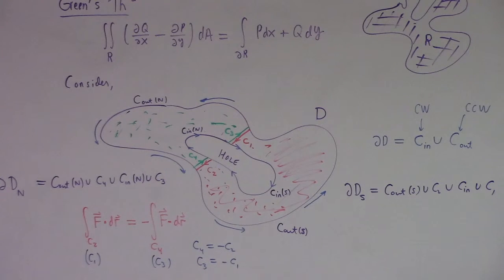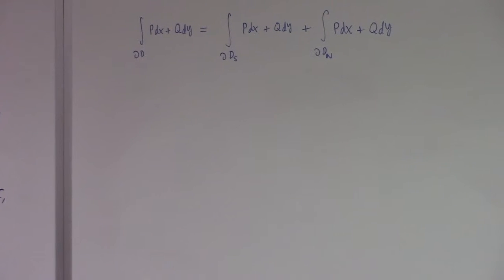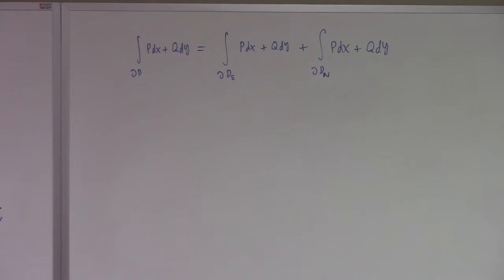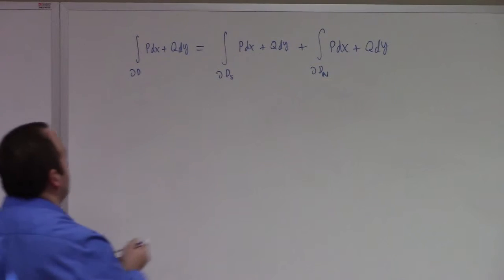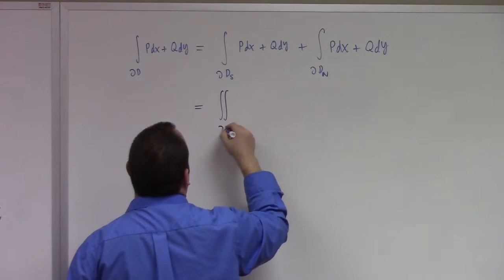Excuse me. So let's start with the integral around the boundary of D of, let's say, p dx plus q dy. Well, that's the integral around the boundary of the southern piece of p dx plus q dy, plus the integral around the boundary of the northern piece of p dx plus q dy. You'd say, wait a minute, though. That's not the same boundary. You added in those green and red crosscuts. Isn't that adding something? No, it's not, because those cancel out to 0. I haven't added anything by adding those in. And yet I have, because now I can apply Green's theorem to both of those separately. And what do I have? The southern piece,